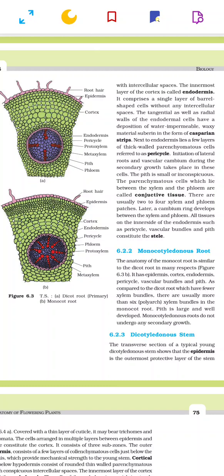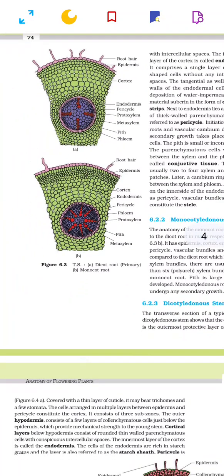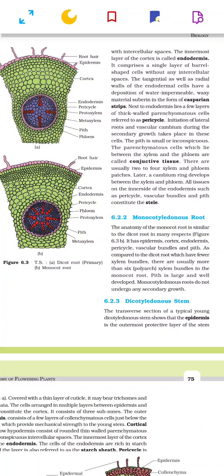Only radial and closed vascular bundles are present because cambium is not present. Again, exarch conditions are present, and the similarity is exactly similar to the dicotyledon root. Dicotyledon stem. The transverse section of a typical young dicotyledon stem shows that the epidermis is the outermost protective layer